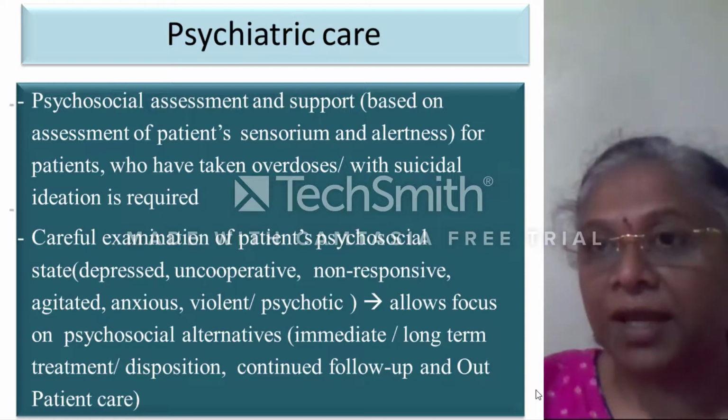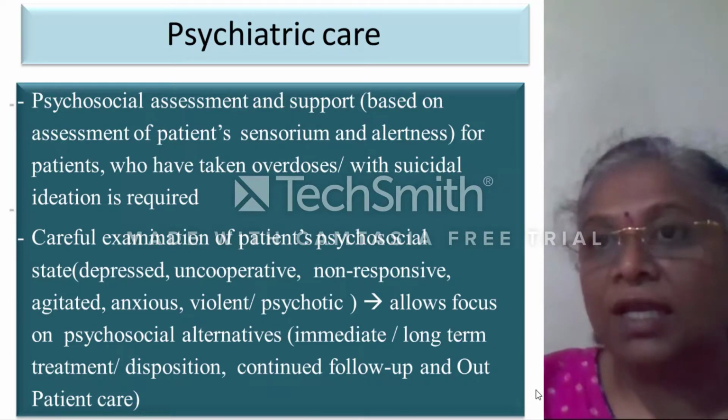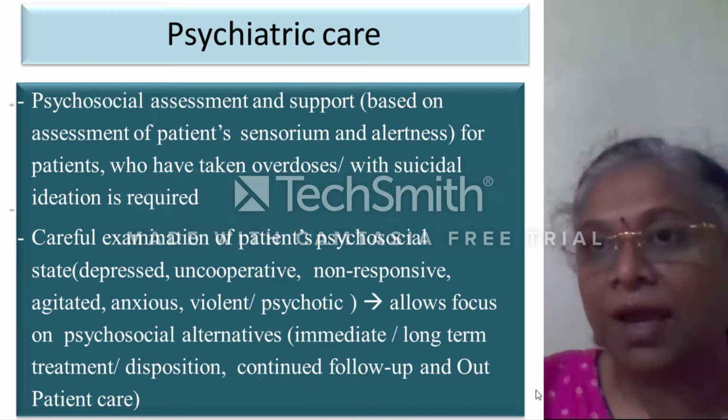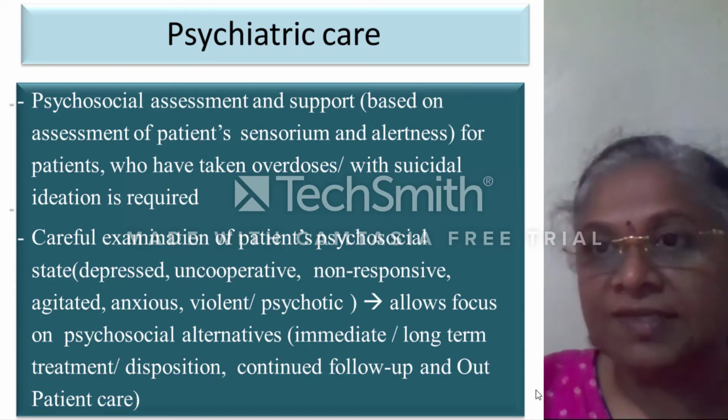There are many techniques to stabilize. Rehabilitation of the patient is required. If he's addicted, you have to provide programs to get rid of those addictions, so that afterwards he doesn't again get exposed to chemical overdoses and doesn't get poisoned himself. So a lot of continuous follow-up is required, and even if the patient comes out of the psychiatric centers or control centers, a lot of follow-up is required and outpatient care is required.